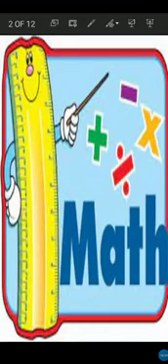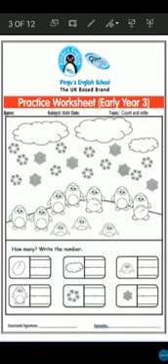Today we are going to do work in our maths worksheet. Students, kindly turn to this page. Now write down name and today's date. And the topic is count and write. Students, as you all can see, there are pictures of some penguins, some baby penguins, clouds, stars and snowflakes. What we have to do, we have to count them and we have to write the correct number in the boxes given below. So start writing with me.